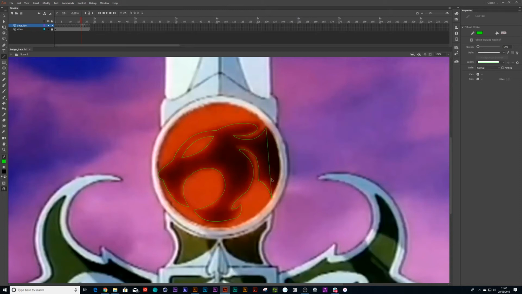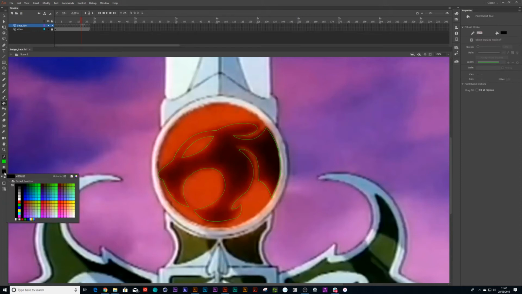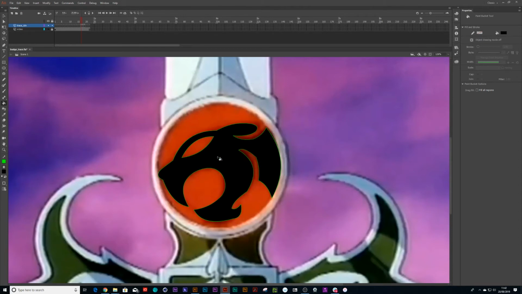Okay, so there we go. And then I can just go to my paint bucket. It's currently set fill is on black. I'll actually use black, it's fine. And then I'll just fill it, and then press back on my V, double click on my outlines, and just